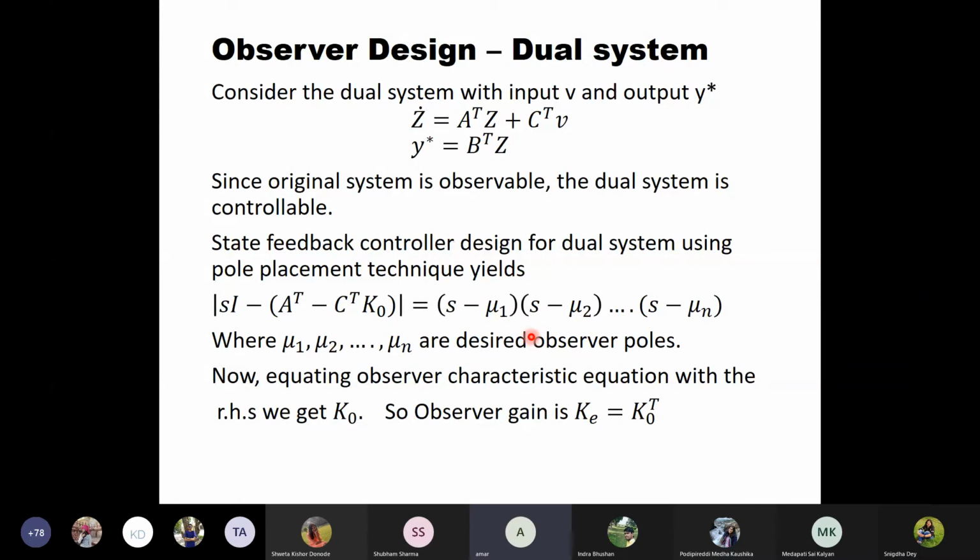Now we know already, to find this, we have got two methods for order greater than 3. One is the Bass-Gura method and the second is the Ackermann method. So if I apply the Bass-Gura method for the dual system, then it is obviously the same as the application of the Bass-Gura method for the observer design of the primary system. So if I do that,